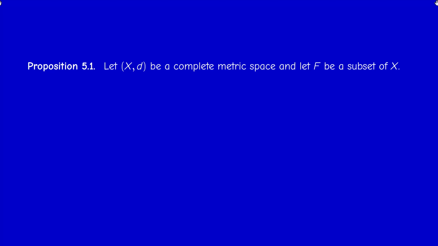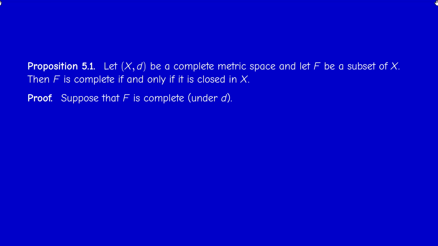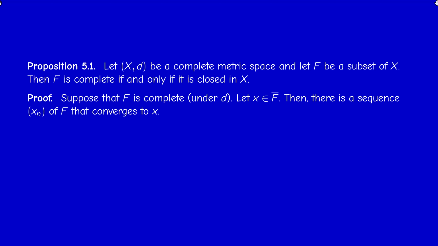Now before we move to the Banach fixed point theorem, let me just mention an important result. If (X, d) is a complete metric space and F is a subset of X, then F itself is complete if and only if it is closed. And this is pretty straightforward. So suppose that F is complete for the distance d. We have to prove that F is closed. How do you prove that? Prove that it's equal to its closure. And how do you prove that? You take an element x in the closure and you prove that it's in F. So if x is in F bar, then by proposition 1.8, there exists a sequence xn of F that converges